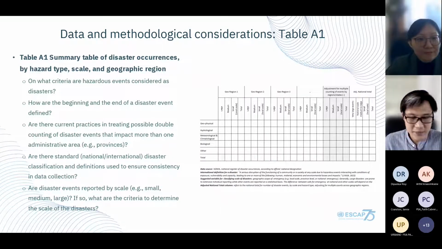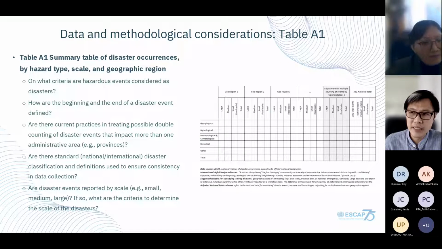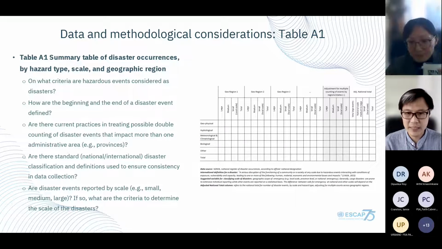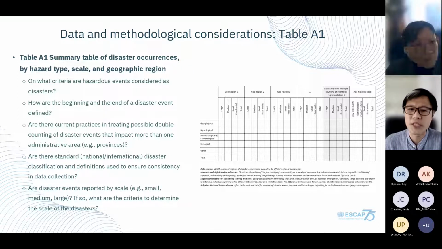And as Aruna said, Nepal and Thailand kindly volunteered to have a closer look at the first two tables in the DRSF. What I'm going to do is briefly present the tables to everyone so that we are on the same page on what is actually proposed in the tables and what are some of the questions that we might want to keep in mind for the discussion after we hear from Nepal and Thailand.